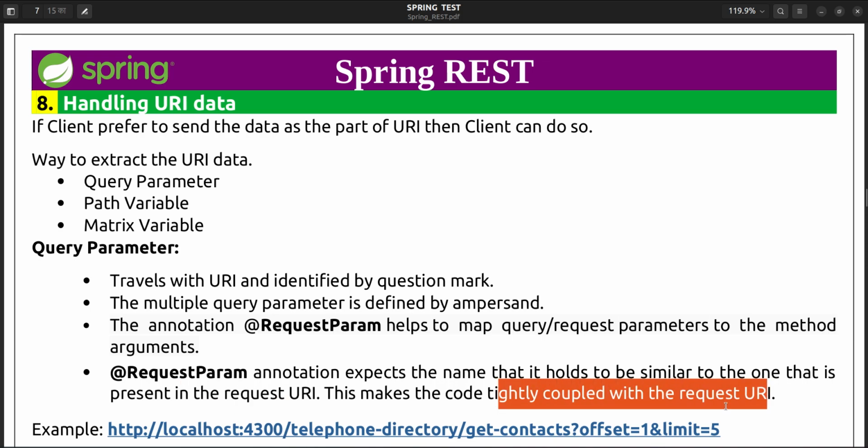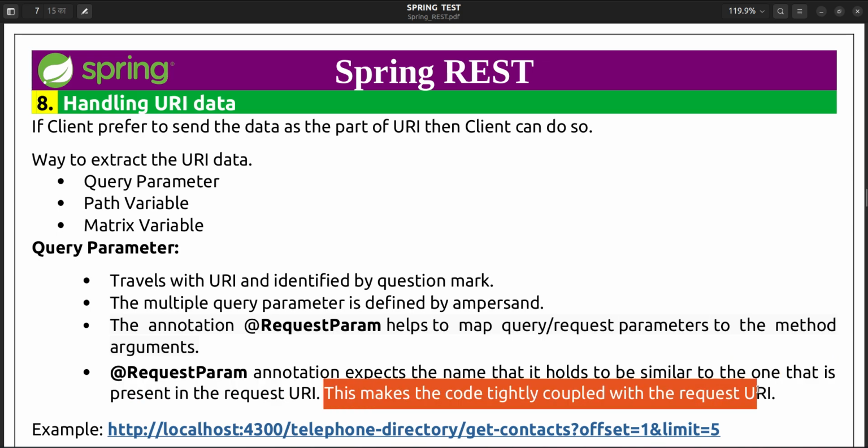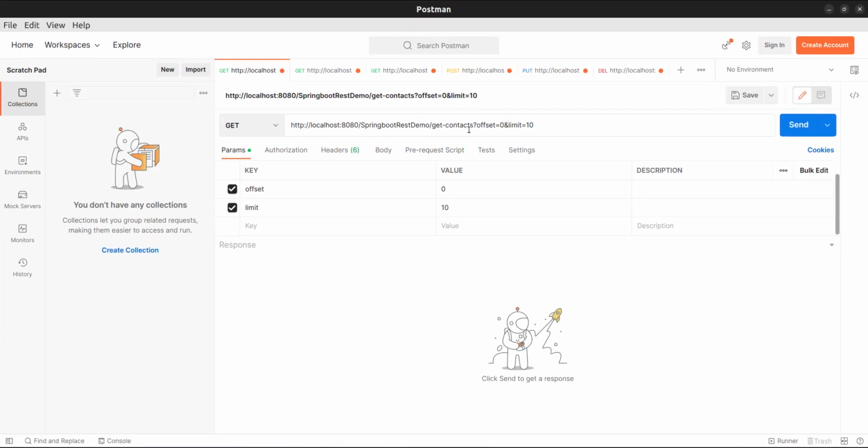We have seen many times in Spring or Spring MVC courses what is tightly coupled and what is loosely coupled code. This makes code tightly coupled with the request URI. How? Because if the key name offset is changed, it will not work.